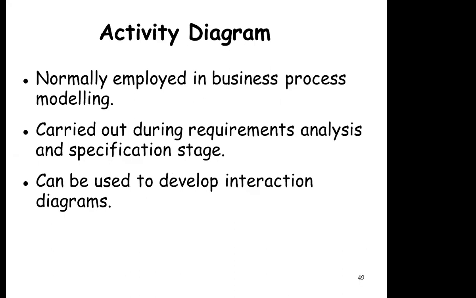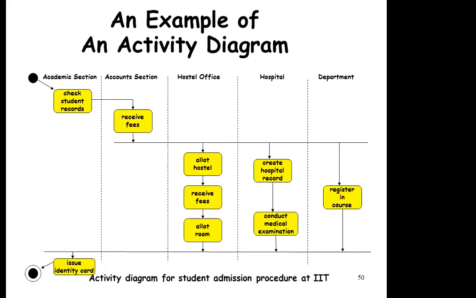It generally shows what business processes are being modeled in the activity diagram. What are the different processes? What are the different activities that are carried out? It can be used to develop the interaction diagram. From the activity we come to know which type of object will be doing that particular activity. Then for each activity, we specify the object who is performing that activity. Then interaction between the different objects can be made, and we can develop a sequence diagram, that is the interaction diagram. So the activity diagram helps you to generate the sequence diagram.